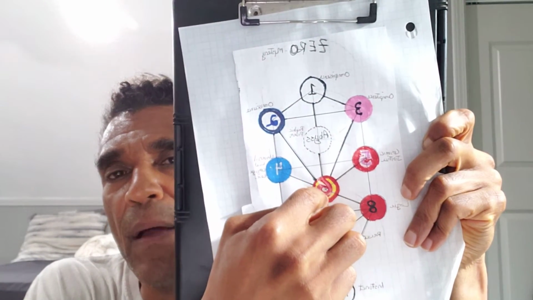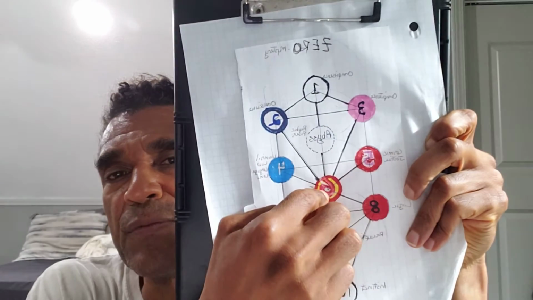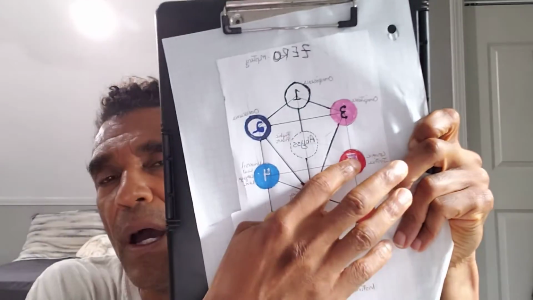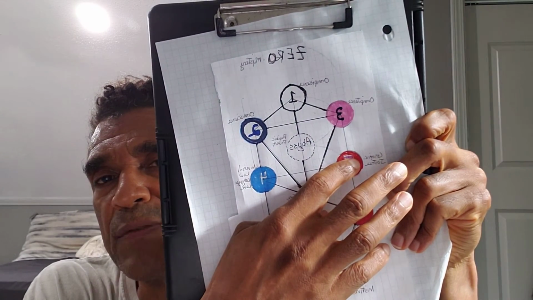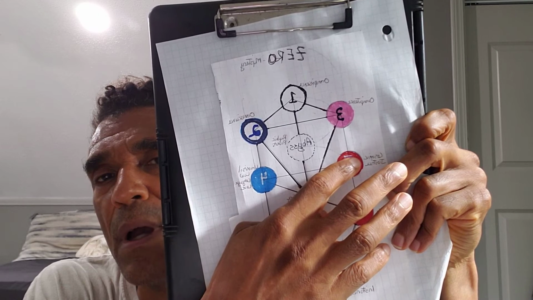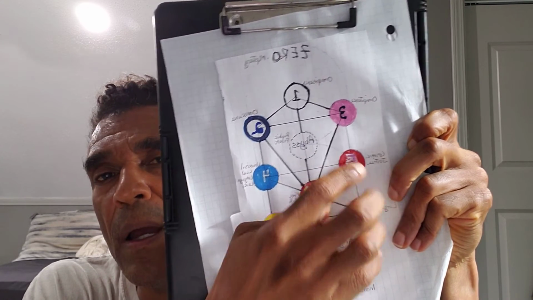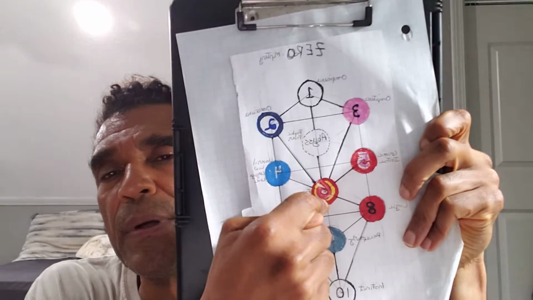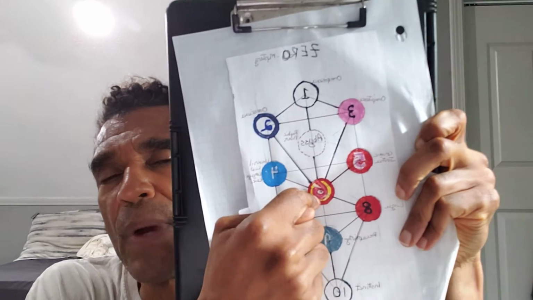Okay, then the first thing that we direct our attention to on the higher spheres is the fifth sphere, which is our sense of justice. So the fifth sphere is our sense of justice. This is otherwise known as karma. As you sow, so shall you reap. For every action, there's an equal and opposite reaction. What comes around goes around.